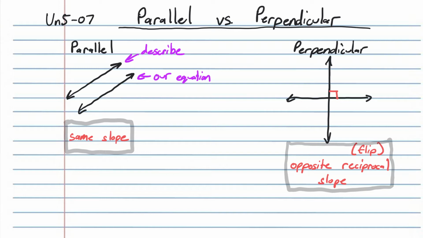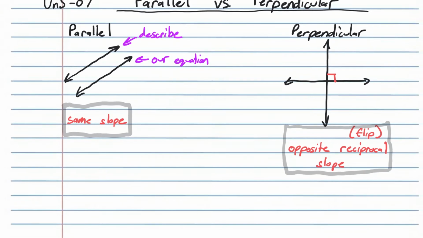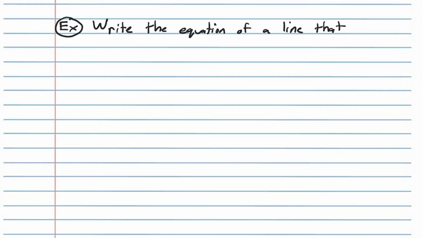All right, let's go through a couple examples. You can see kind of what the idea here is. So first one. And again, the questions are going to start the same way they have been the entire time. Write the equation of a line that... all the questions have always started out that same way. Write the equation of a line that, and then they'll give you some information. Write the equation of a line that, and let's say goes through